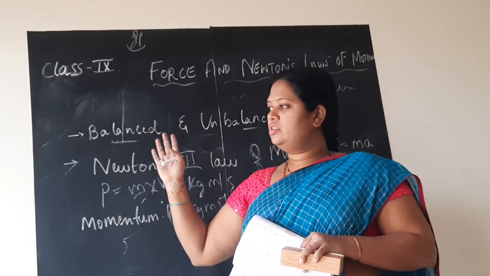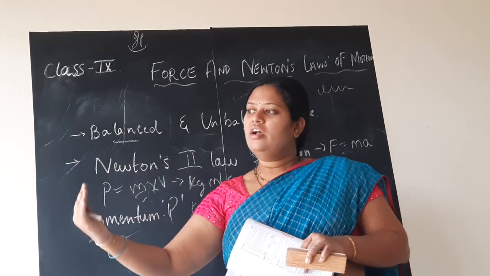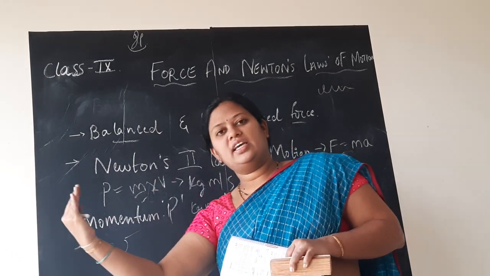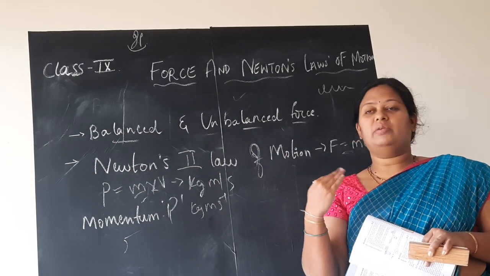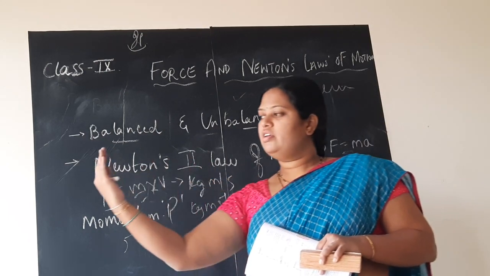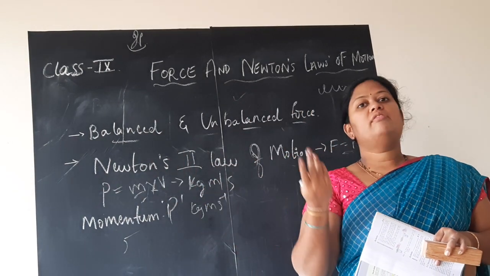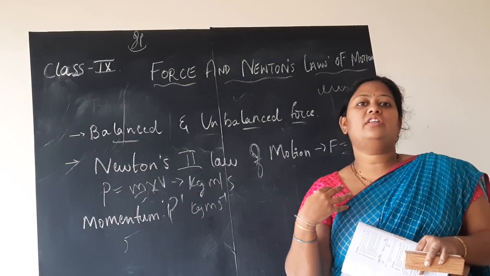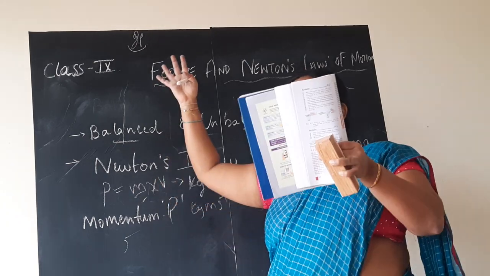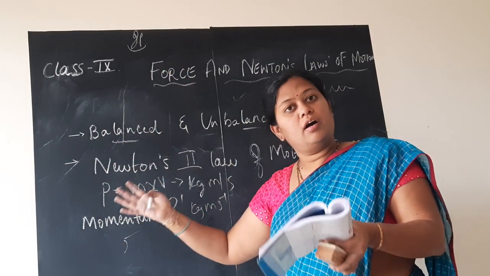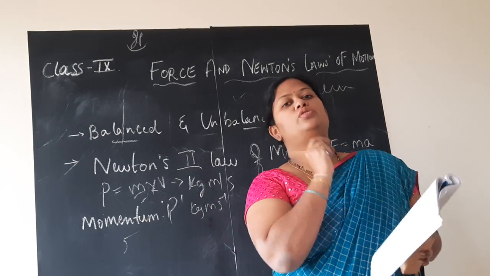Similarly, if a truck is standing on the roadside, nobody worries. But if a JCB or a truck is taking reverse gear, coming in the reverse direction, it is very difficult, even if it is coming at very low speed. If it hits us, we may not be able to bear that force and the person may die. So the impact of the bigger sized object is more when compared to the small stone which is thrown at you.